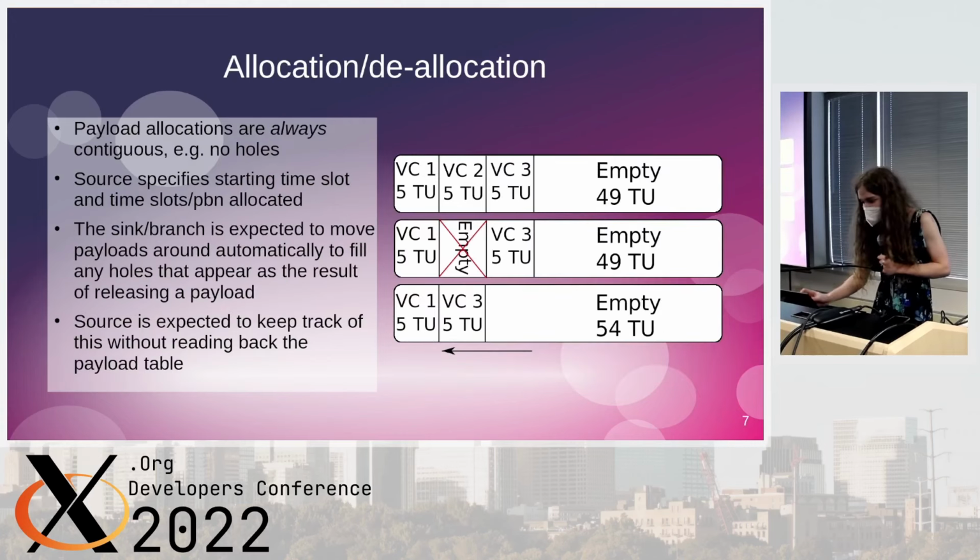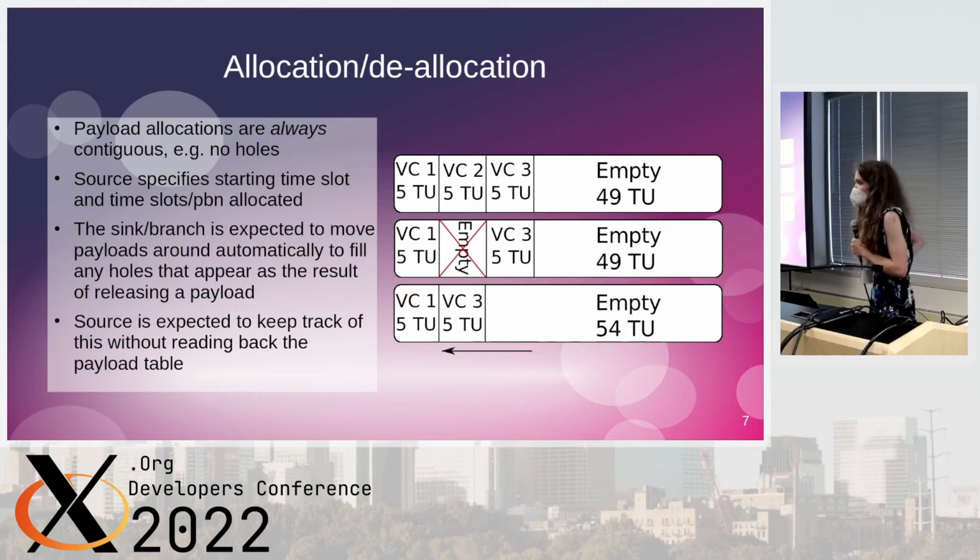So payload allocations, I covered this because it's a little wonky with DisplayPort. Basically, payload allocations are in a table like that, and they're always contiguous. There's no holes. So if, for instance, I were to have 3 monitors going, we'll just say they use 5 time units, and I was to turn one off, then the MST branch will automatically